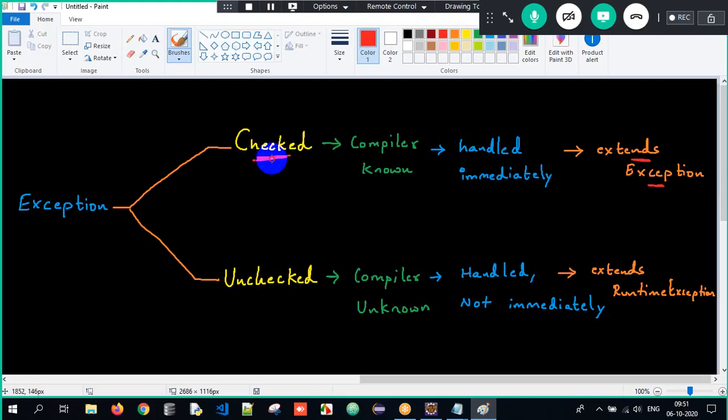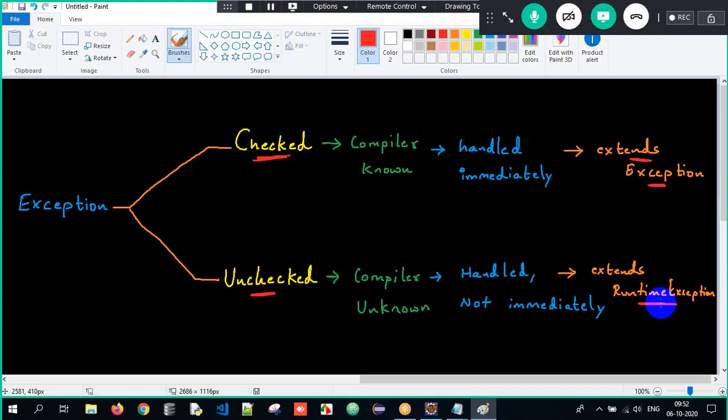All the checked exceptions inherit the Exception class directly, and all the unchecked exceptions inherit the RuntimeException class directly. So all unchecked exceptions are subclasses of RuntimeException, and all checked exceptions are subclasses of the Exception class. Never ever forget this point.